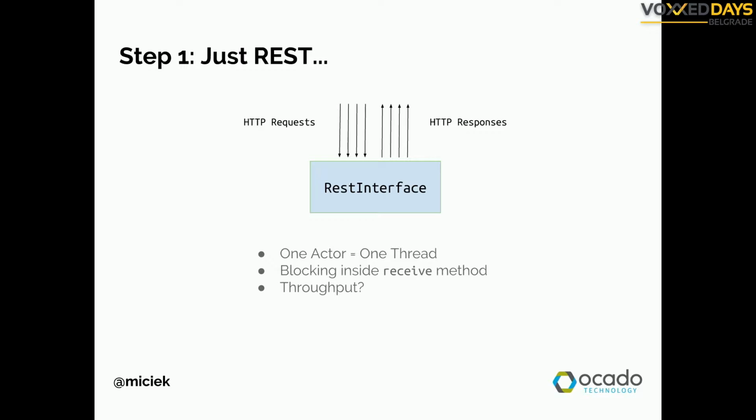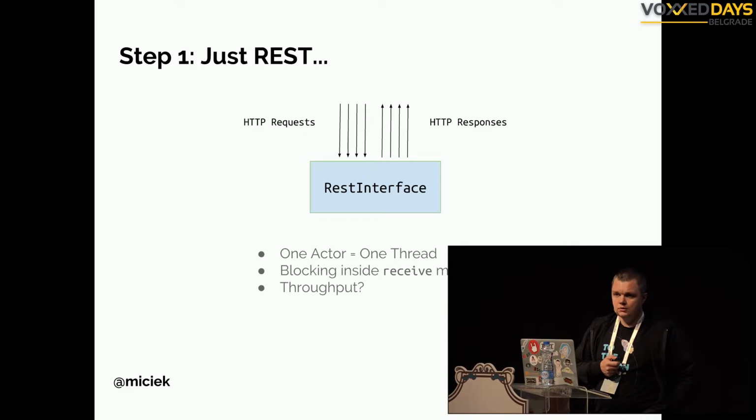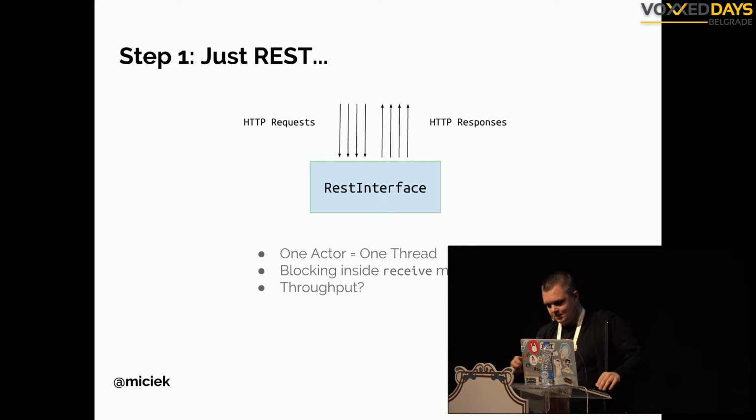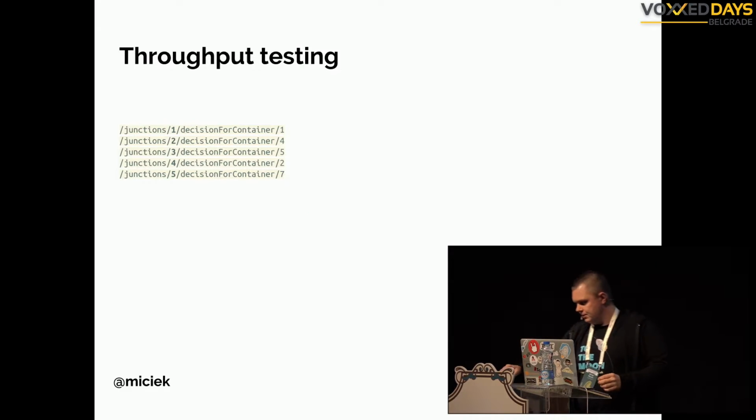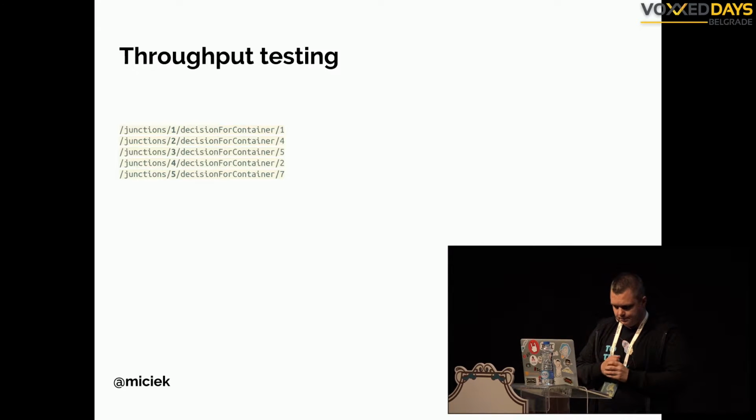And what kind of throughput do we get? Let's play a guessing game, you guys. So low or high? Who votes for low? And who votes for high? It depends, right? We probably will get something when we test it.